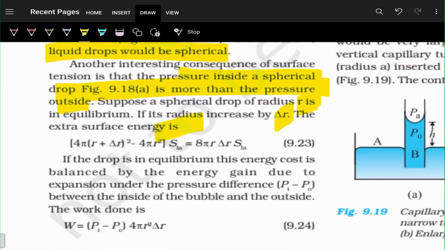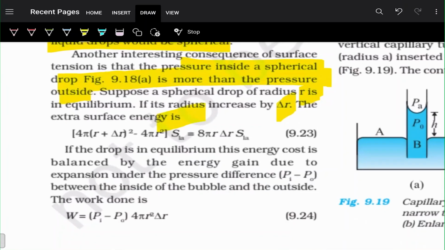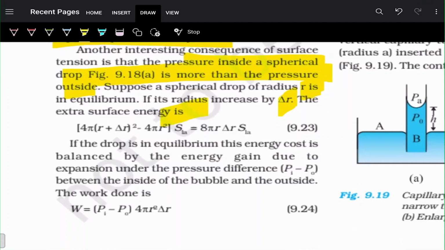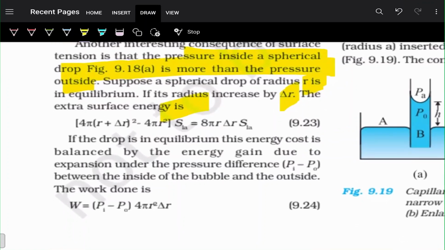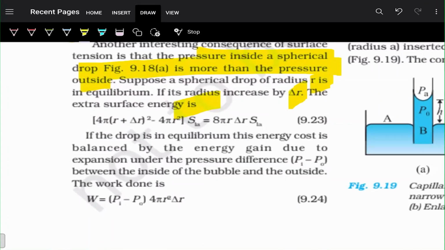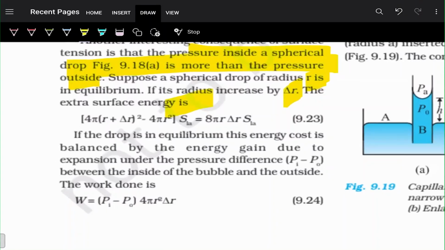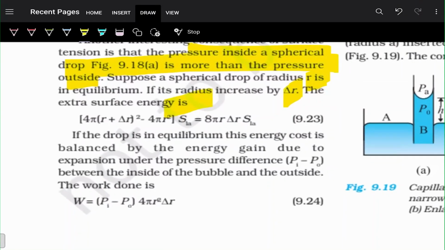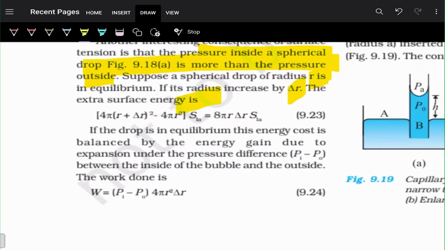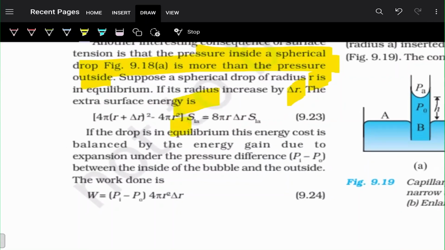Correct. Surface tension is surface energy per unit area. Surface energy is surface tension into area. So ഒന്നാമത്തെ കേസിൽ radius smaller ആയിരിക്കുമ്പോൾ surface energy എന്തായിരിക്കും? Surface tension into 4πr². Radius കൂട്ടി. അപ്പോൾ surface area എന്താണ്? New surface area 4π into (r plus delta r) whole square. Correct. So surface area മാറി, അതിനർത്ഥം surface energy കൂടി. So ഇതാണ് change in surface energy.